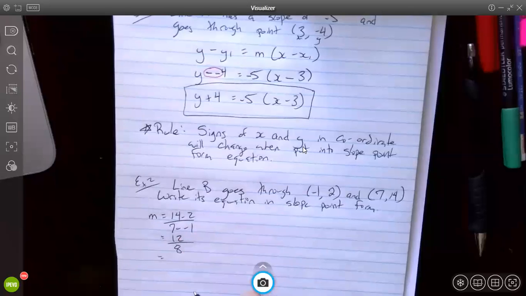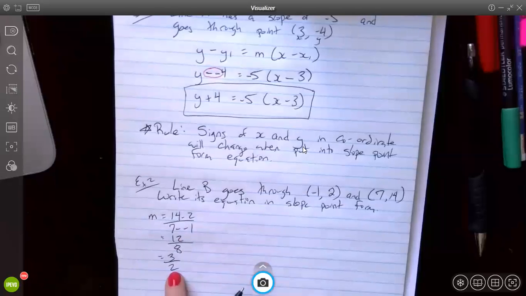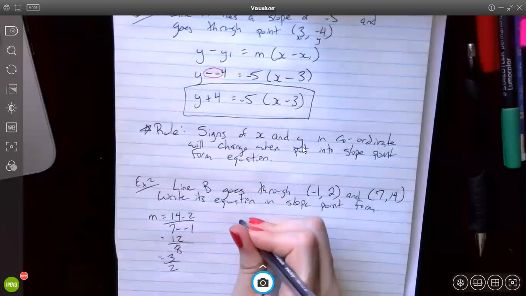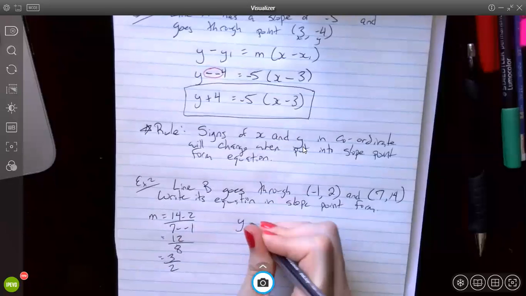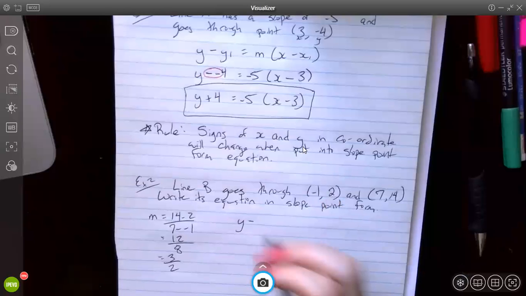Both of those are divisible by 4. If I divide 12 by 4, I get 3. If I divide 8 by 4, I get 2, which means my slope is 3/2. And then to write that as an equation, I'm going to have y minus my y variable, so 2, equals